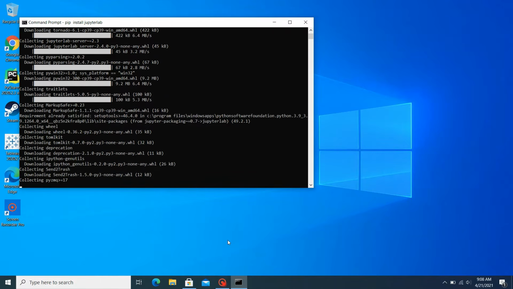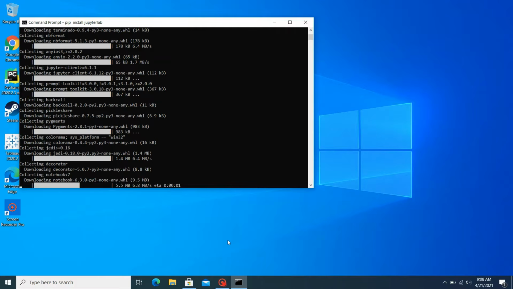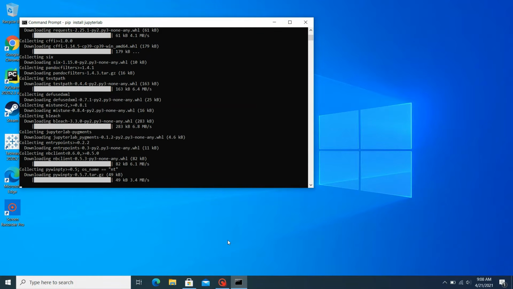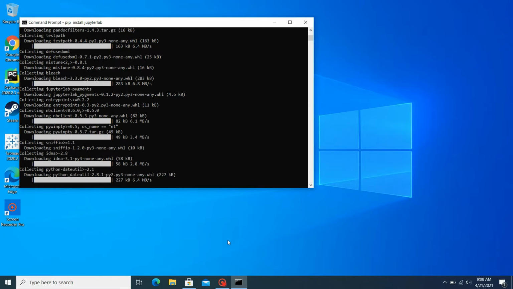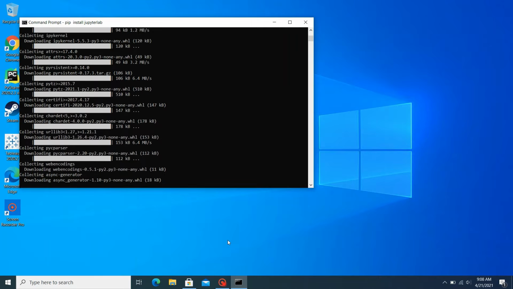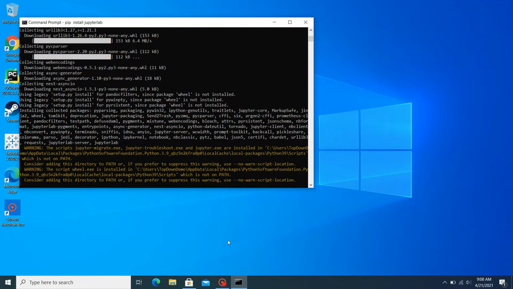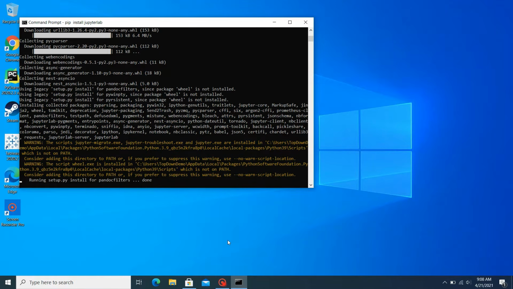JupyterLab should take a good few seconds to download, and if everything is right in your world, you won't have any warnings or errors or anything. It'll just work fine. But unfortunately, for many of us, this is not how it works, and chances are that if you're here, you might be seeing these warnings which tell you that Jupyter are installed in a path that